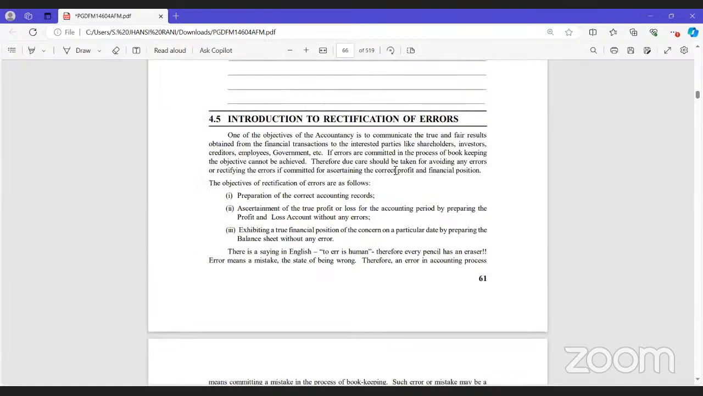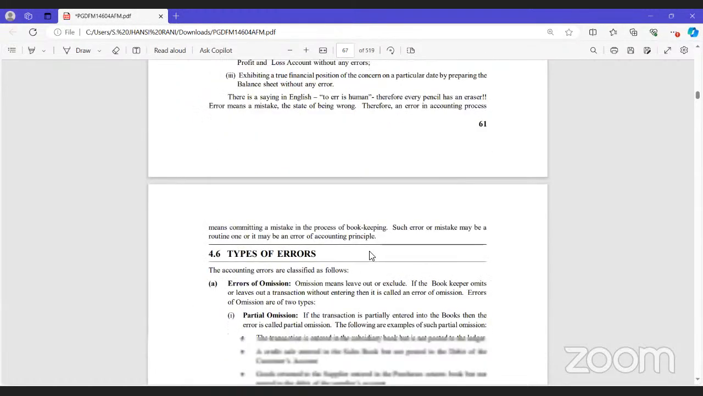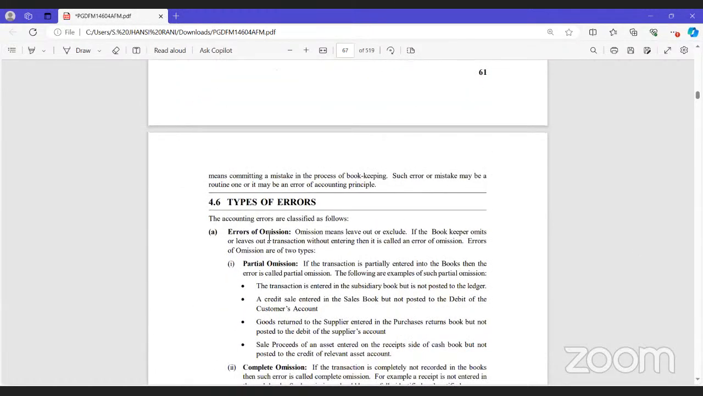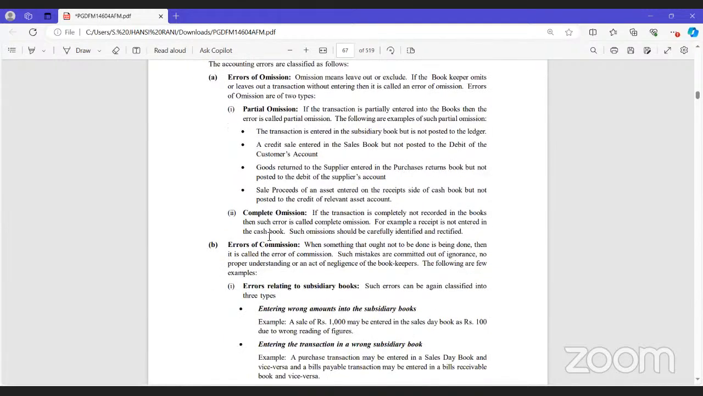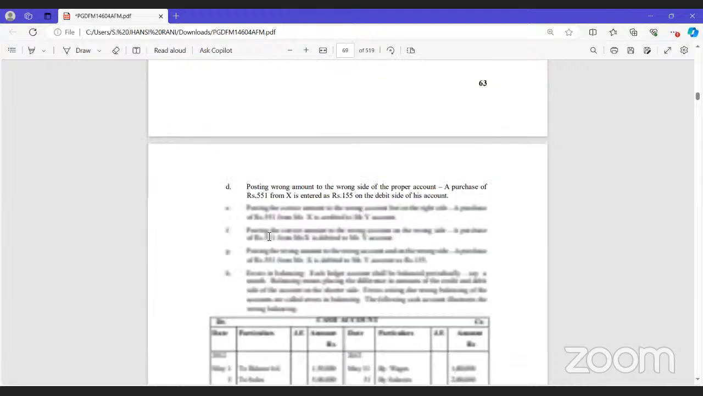Next, we have rectification of errors. Who is writing all these journal entries or accounts, whatever we discussed? These are written by human beings. Whenever there is a human being, there is going to be some error, that is called human errors. Whatever errors are taking place, now we have to correct them. And we have four types of error: error of commission, and errors related to